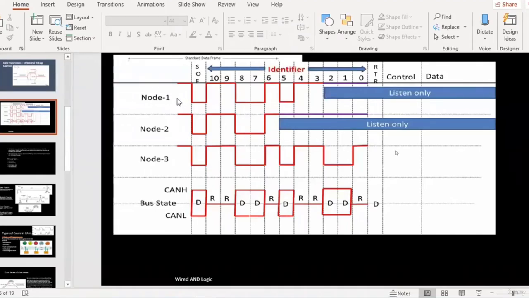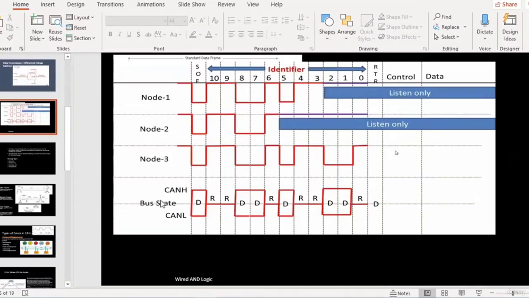So what I was saying is that let's suppose we have an identifier which is represented in 8 bits. Let's say the identifier number is 8. So 8 would be 4 zeros followed by 1 and then followed by 3 zeros. If I want to represent that as an 11-bit identifier, then I'll add another 3 zeros to the MSB, and then it will become an 11-bit identifier. The same way, node 1, node 2, node 3 are having 3 different identifiers represented by a red line.